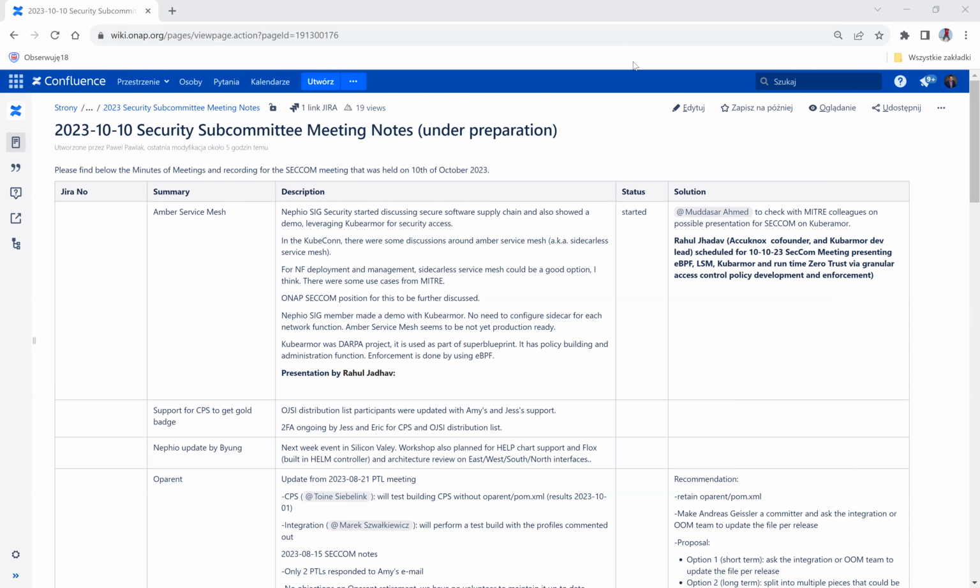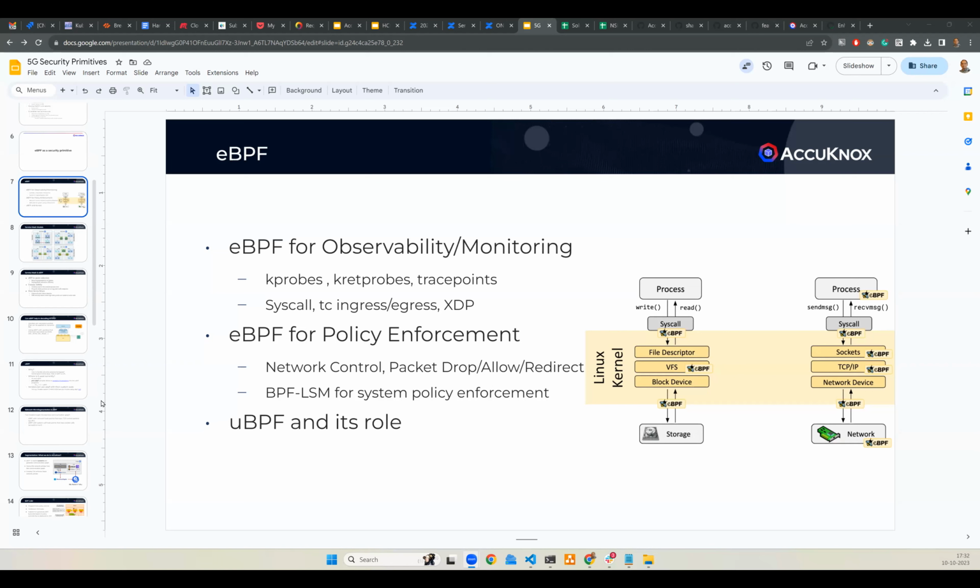I have done that. Okay, folks, thank you for having me. What I'm going to do is maybe spend 15, 30 minutes. I'm going to cut all the other things and come directly to the point. When I last discussed with Mudasar, I saw some of the documents that were prepared by the ONAP Security Committee.